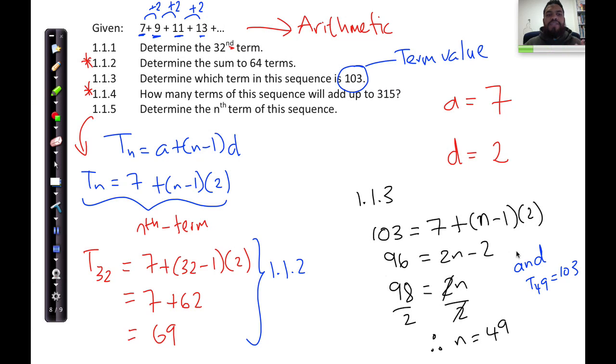I think that is fairly simple. Just make sure you practice, go back to it. And remember, this is just one example. We're going to get through an entire revision set of questions like there is in trigonometry and Euclidean geometry, and hopefully that will help a lot more. So this is a case 1 example. Case 1 is where the sequence is given, and the only thing you need to do is use the formula. Questions in case 1 ask you what exactly is A, what is D, which term adds up to this, determine the general formula. So this is 1.1.5 over here, this is 1.1.2, and this is 1.1.3. We'll do the other two